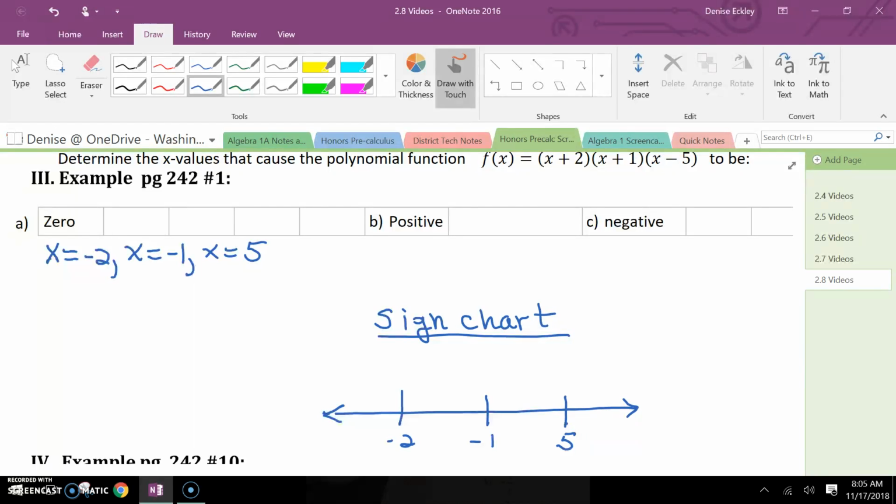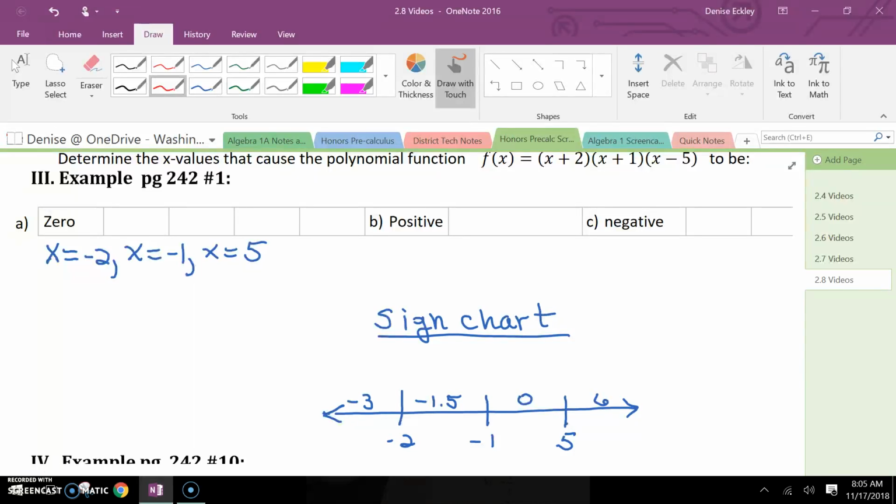And it could be any value you want. So before -2, I'm going to pick -3 here. And in between -2 and -1, I'm going to pick -1.5. Between -1 and 5, I'm going to pick 0. And then after 5, I'm going to pick 6. Now, I don't have to necessarily know the exact value of the polynomial, just its sign. So I'm going to put each of those numbers in each parenthesis, and just by looking at it, determine the